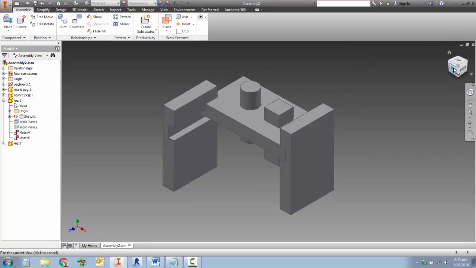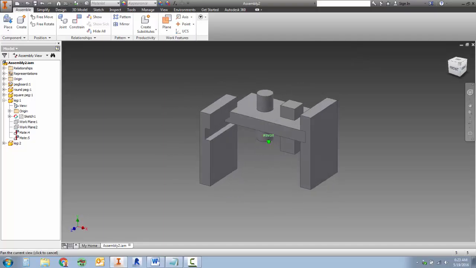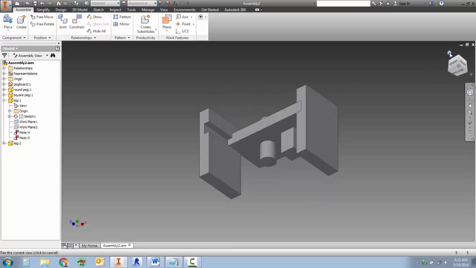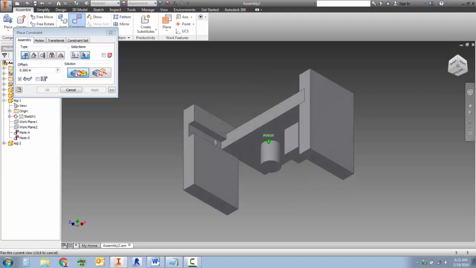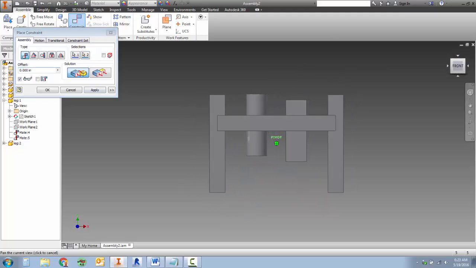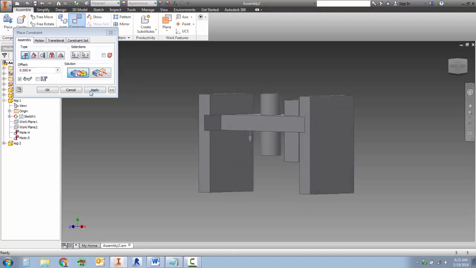Now let's take a look. The bottom of the groove and the bottom of the pegboard, those have to go together. The light side here and then the dark side of the pegboard. So we need to use our Constrain tool, make sure we're not clicking on lines or edges, we're getting faces. The bottom face with the bottom face of our pegboard. When we've got that into place there, like so, the blue and the blue are glued together,